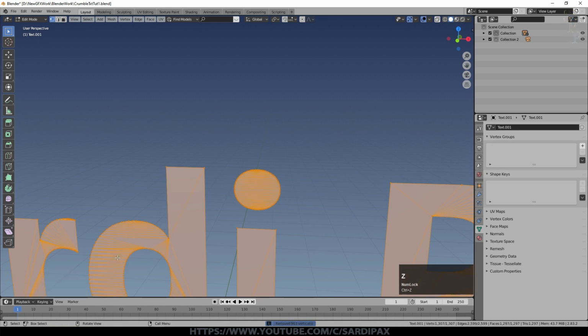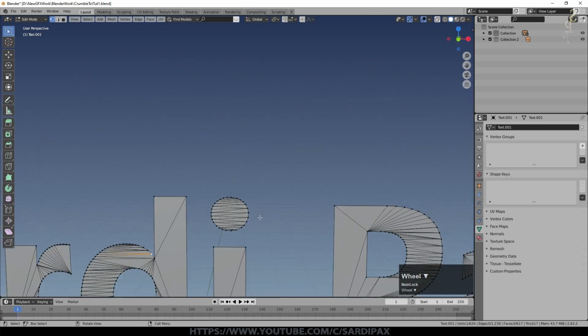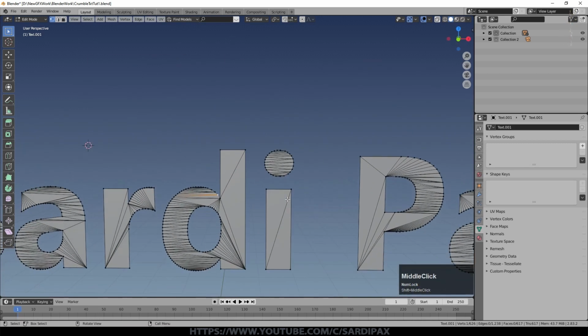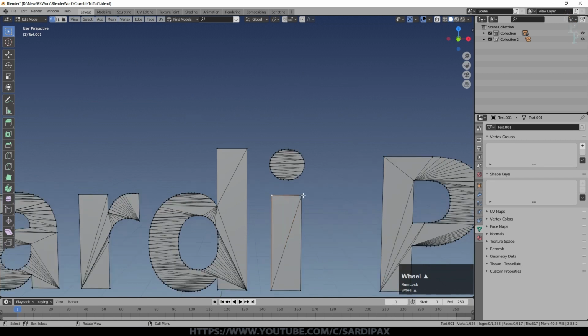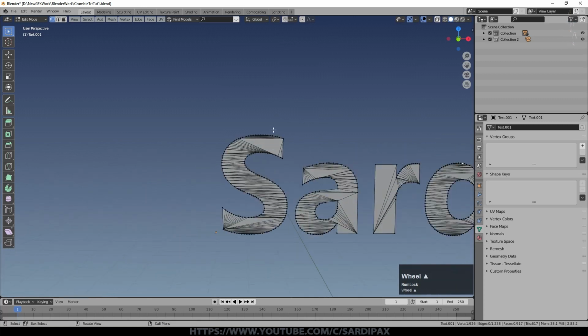So I'll go Control Z on that, and we'll just go back down to 0.01. And that's already improved it. It's not great geometry, but it's better than it was. Now we could probably work with that. You can see by selecting some of these vertices, there aren't any hidden vertices in there because we've merged nearby ones. But the best thing to do is to clean it up a bit more than this.